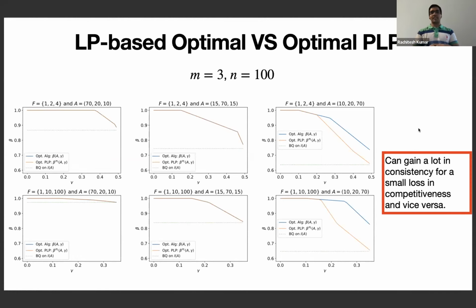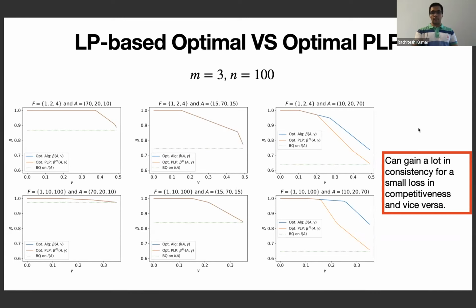There are some types of advice where the monotonicity property fails for our optimal algorithm, but it achieves better performance. So it's not without loss, the monotonicity property that protection level policy enjoys. Also, another important fact that we found was that you can gain a lot in consistency for a small loss in competitiveness and vice versa. So if you're willing to sacrifice a little bit of consistency, good performance on your advice, you can gain a lot in